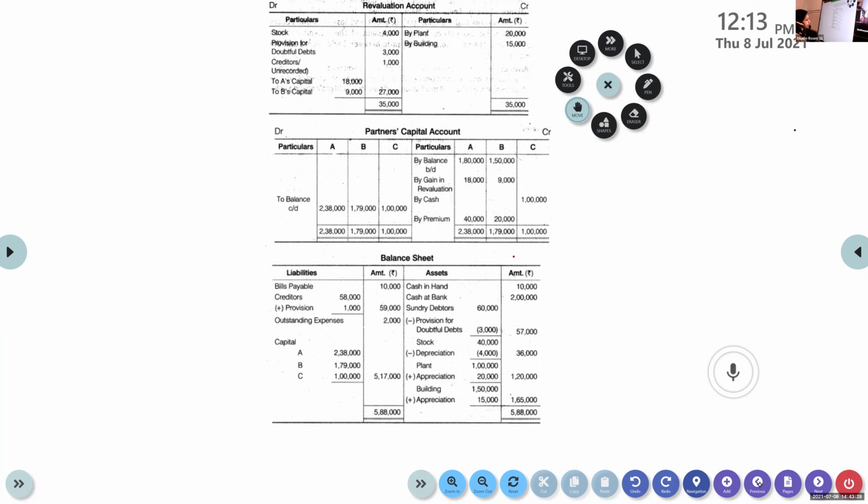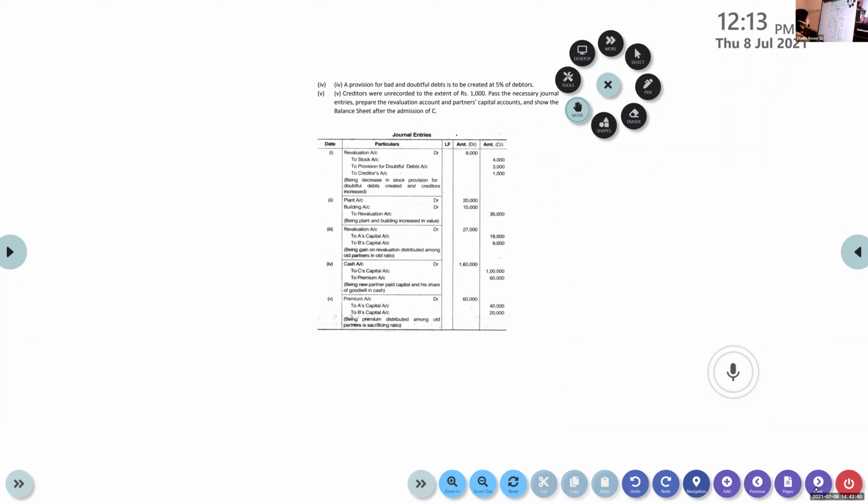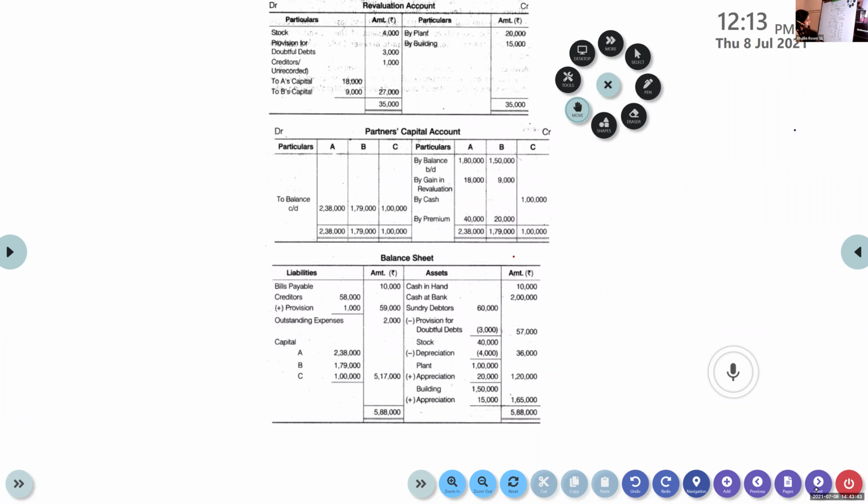Let's just have a look at the old balance sheet. So cash in hand is 10,000. Cash at bank is 40,000. And let's see what is happening to the balances now. Cash in hand, 10,000. Now, cash at bank has become the amount 2 lakh. Here, the capital brought by the new partner is considered as cash at bank. You can either write it together. There is no problem. Only thing is the amount should be there.